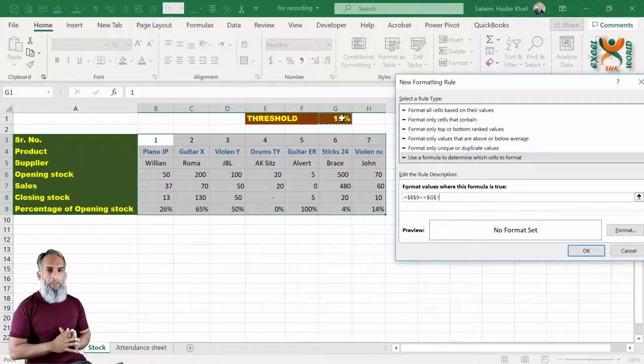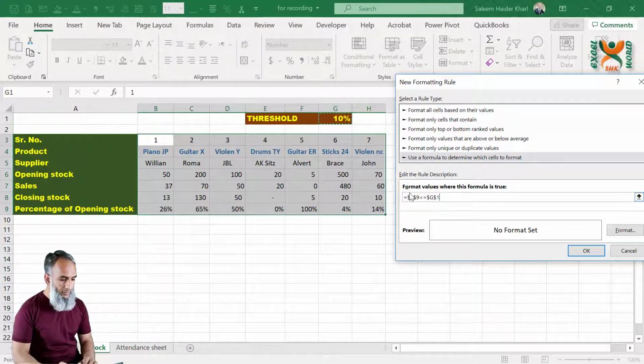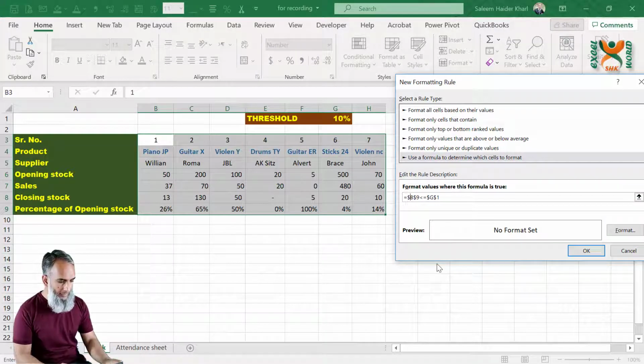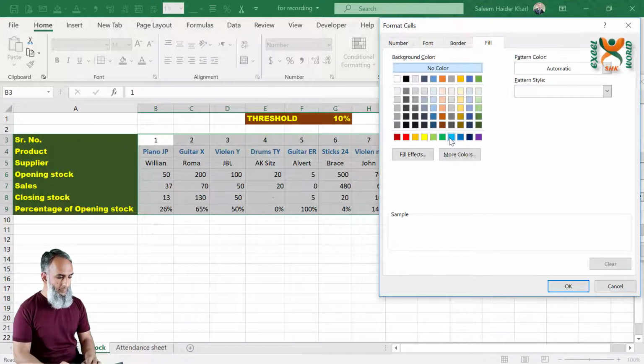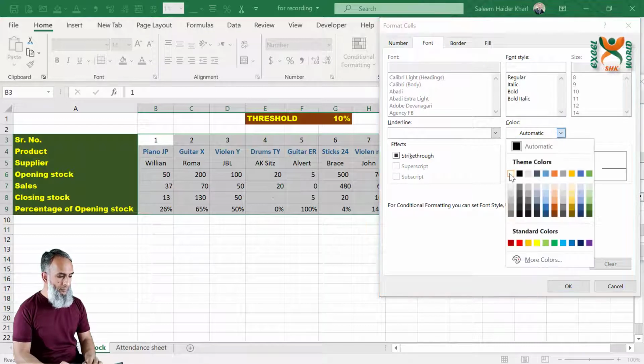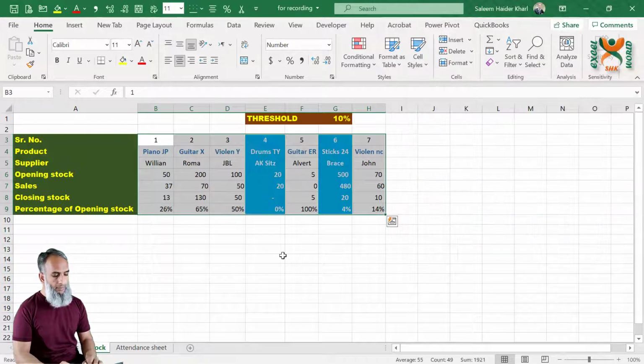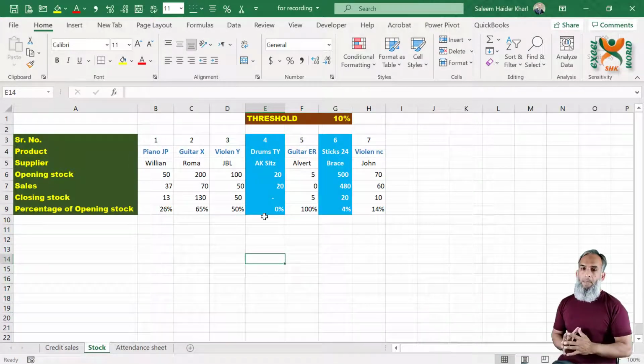For highlighting a particular column, we know that row 9 is the same for all the records where the criteria is to be checked, but columns are changing. So it will be B, then C and D. So the column reference should not start with a dollar sign. It should be an open one. And now select a format. For the font, we are going to select a white one and bold, and press OK and OK, and there you go. Now your conditional formatting has been applied on a column basis.